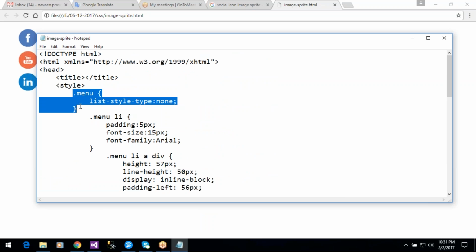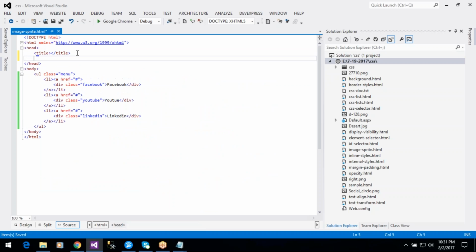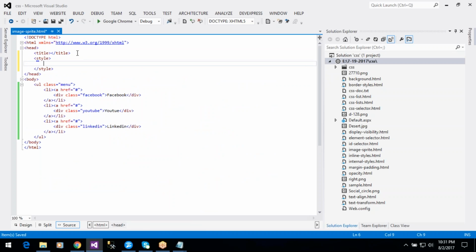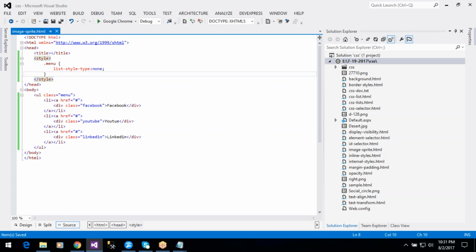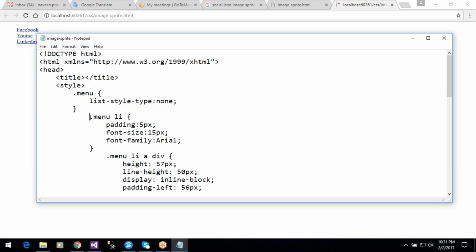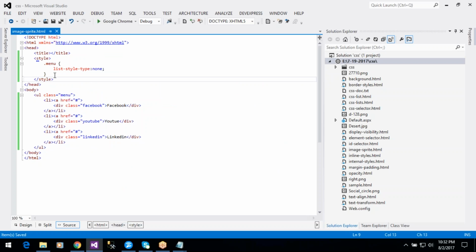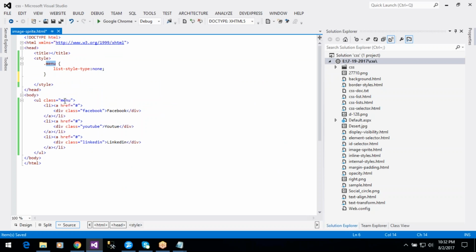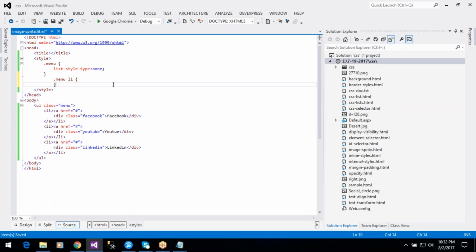First of all, the menu class. Use a style tag. First the main class, menu: list-style-type none. Another list, list-style-type none. Run this example. There is no list style type now, only the list items are displaying. The next class is the dot menu class. In menu we have the li tag, right? For this li tag,